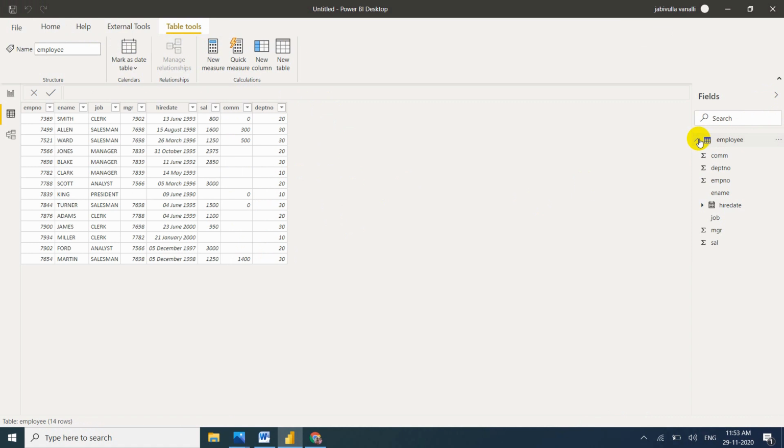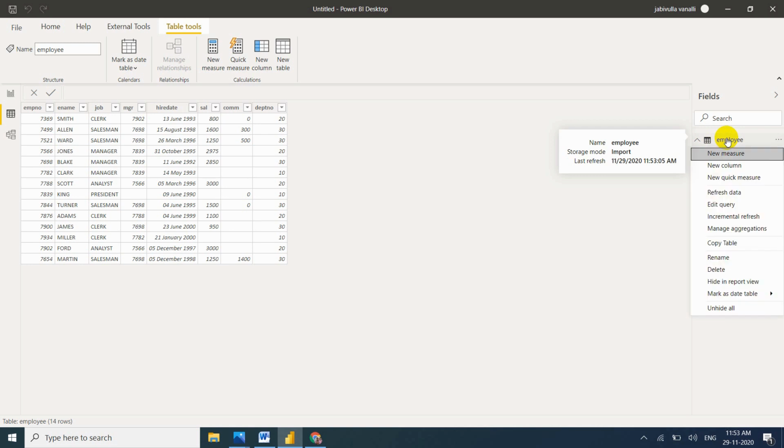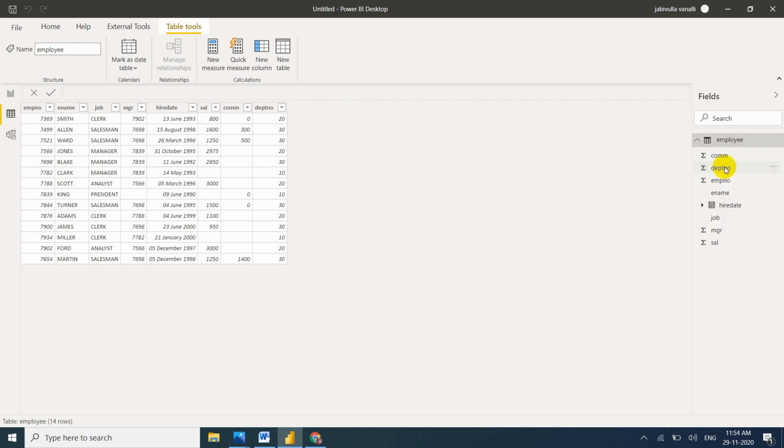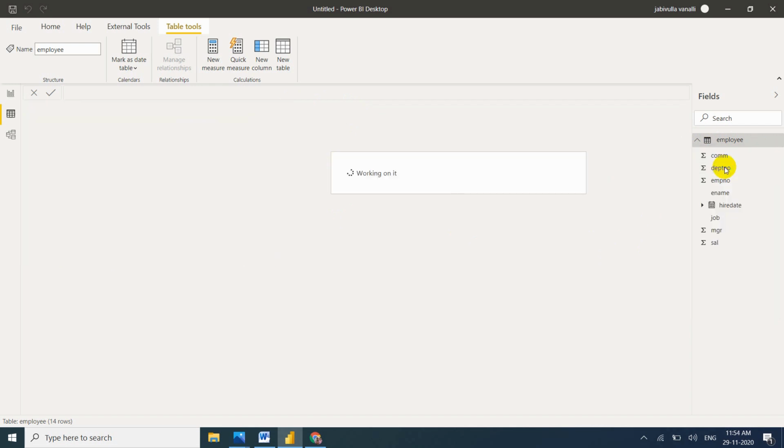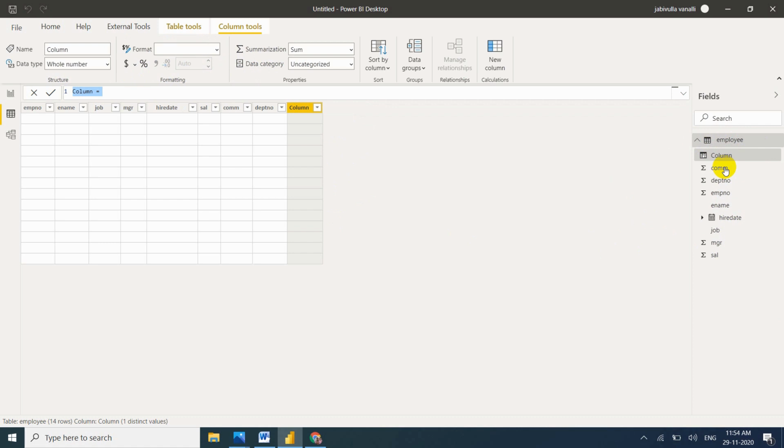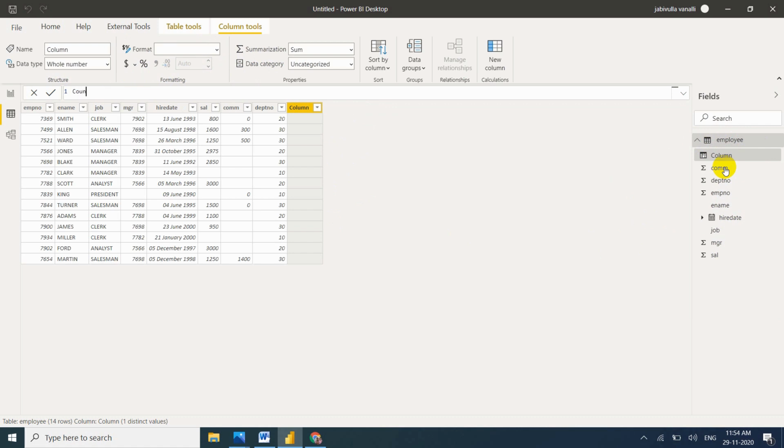I am taking a new column here, or a new measure is also fine, but I want to see the information physically, that's the reason I am taking a new column. I will name the column count num so it is easily understood.